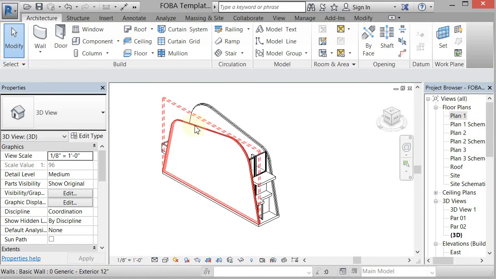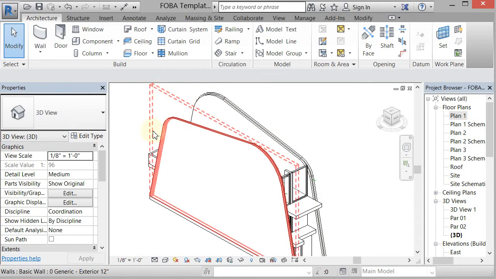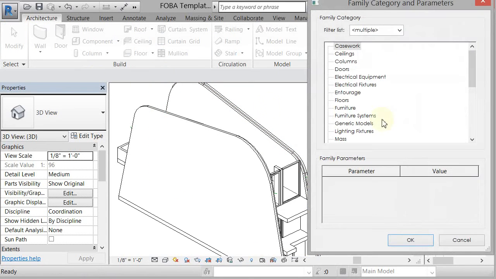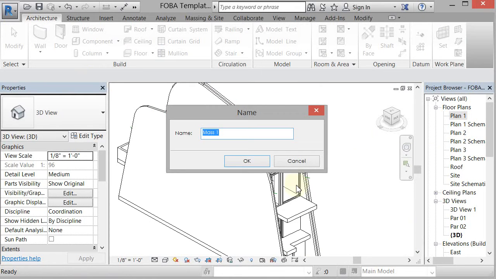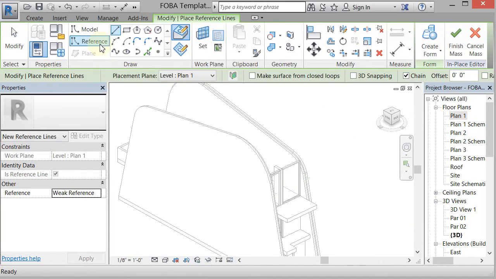All right, so to do that, we're going to use the massing command, so I can just make one thin single-sided roof blend. So I'm going to go to component, model in place, I want to pick mass, click OK, close that, and I'm going to say blend roof. All right, it's going to shoot me into the mass creation area,